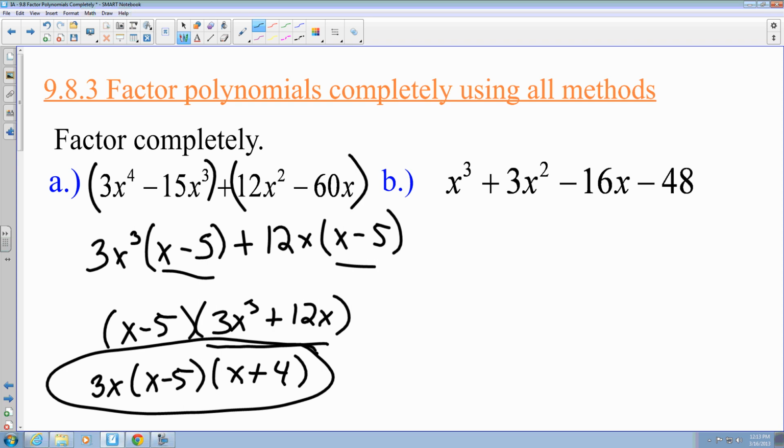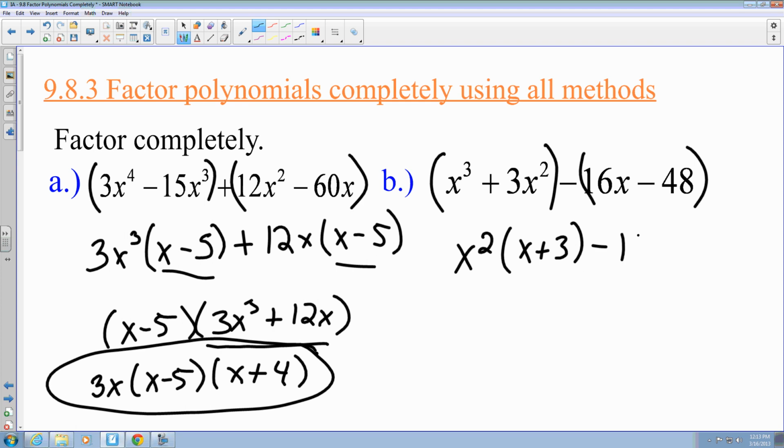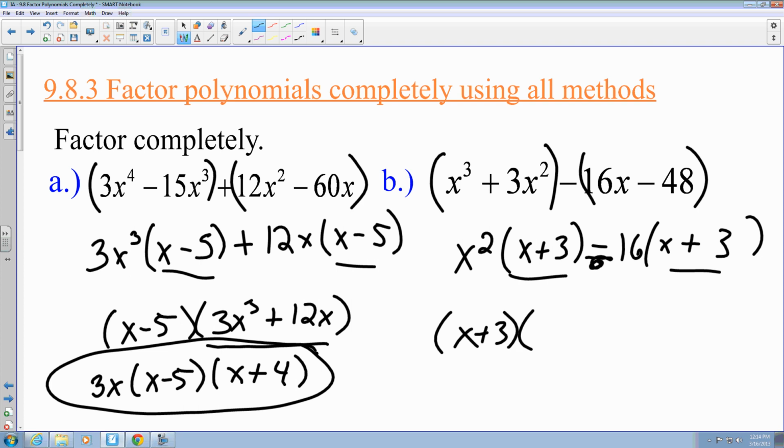Looking at b, again, it's a cubic, a four-term function, so I can use grouping here. So now I can factor out x squared, which leaves me with x plus 3, minus, I can factor out a 16, and this would be x plus, because of the minus there, plus 3. And this again gives us a common binomial, so I can go x plus 3 times quantity x